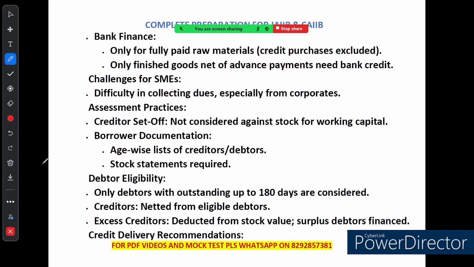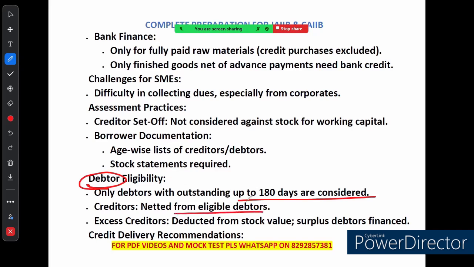When banks assess how much working capital to lend, they ask for documents like an age-wise list of creditors and debtors, and they also require the business to submit a stock statement showing their current inventory. Banks only consider debtors. Debtors means people who owe the business money. So banks only consider debtors if their dues are outstanding for up to 180 days. Right. If a business has creditors, meaning people they owe money to, the bank subtracts that from the eligible debtors,